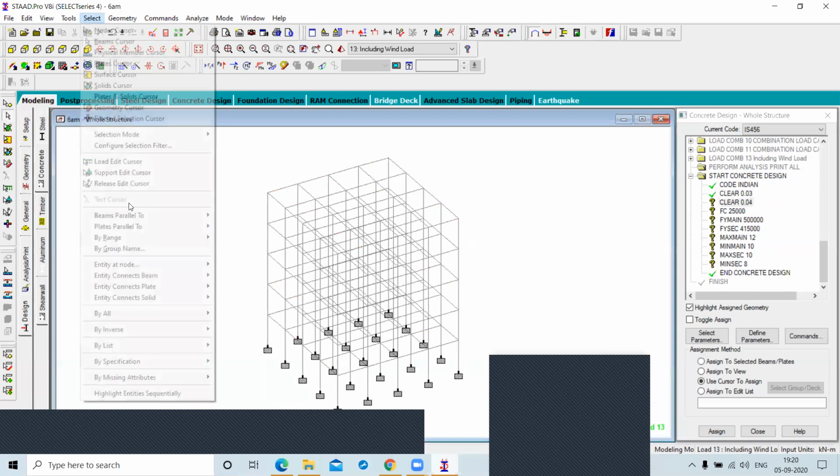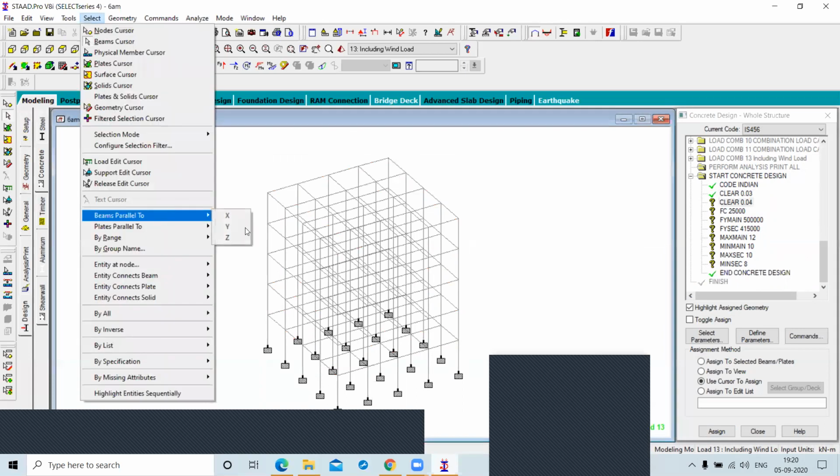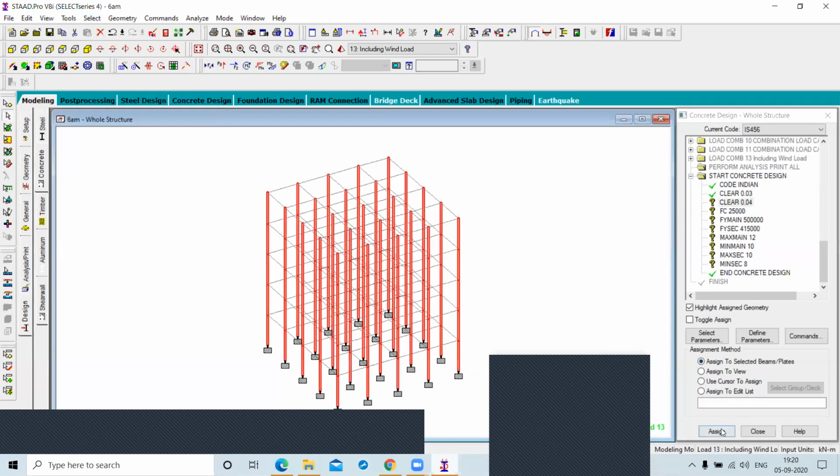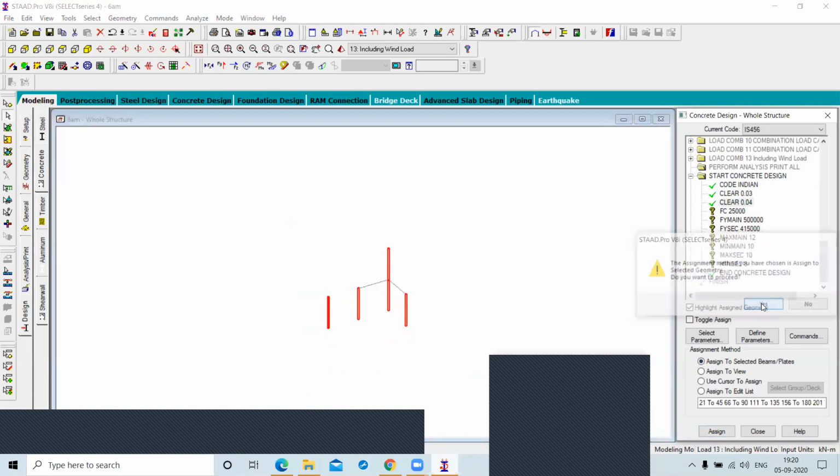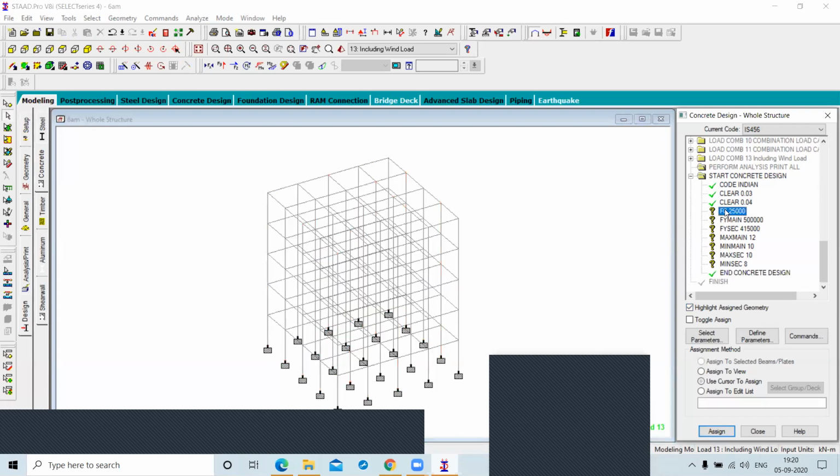And this is for the column. Go to the select column, beam parallel to Y, and click on assign to selected beams and assign. FC is assigned for the whole building.